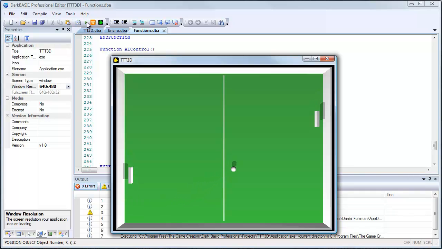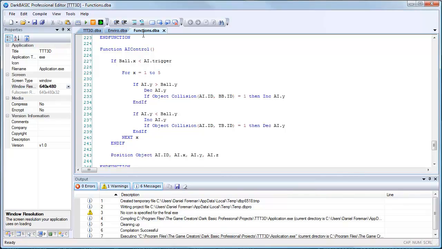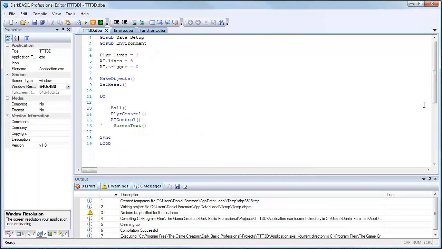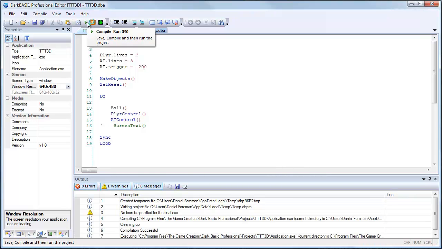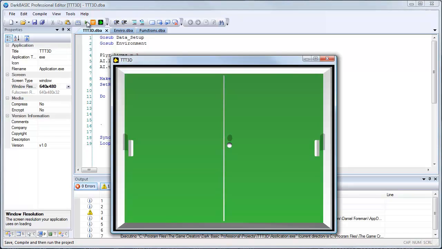Now if I want to adjust that value, I simply need to go into the main program and I need to make this negative 200. That should give me a fair chance of winning. So we make that negative 200, recompile the game. And we'll bounce the ball and see how long it takes. Now you'll see it's going to be well past the line before it starts responding, like that. So what we're basically doing is adjusting the response zone of the